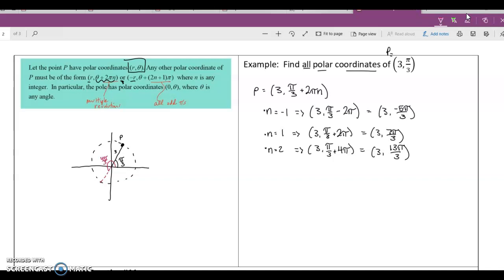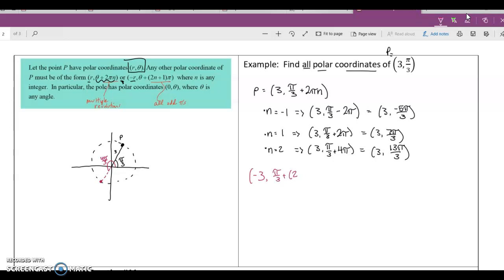If we have this point right here, and we have a negative radius on that point, so if we have a point whose theta value is 4 pi over 3 and it has a radius of negative r, then it's actually going to be along this point here because we go along the terminal side, this back side here. So when we have a radius of negative 3, then we need to have our pi over 3